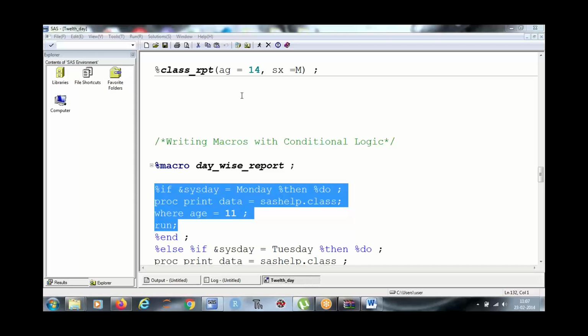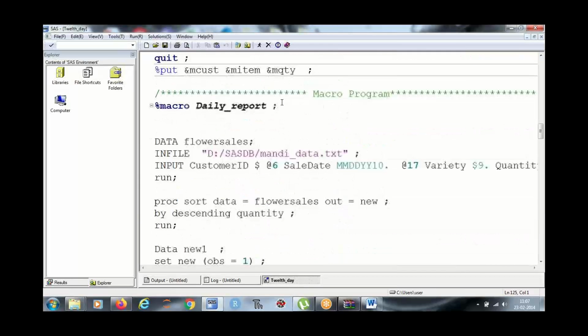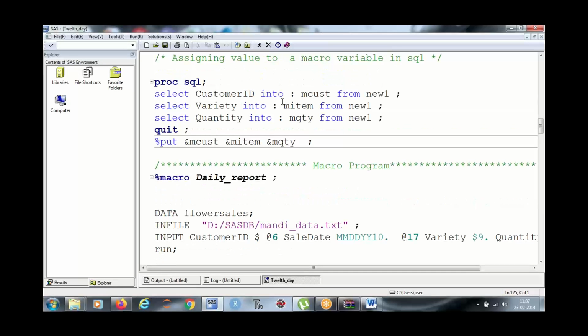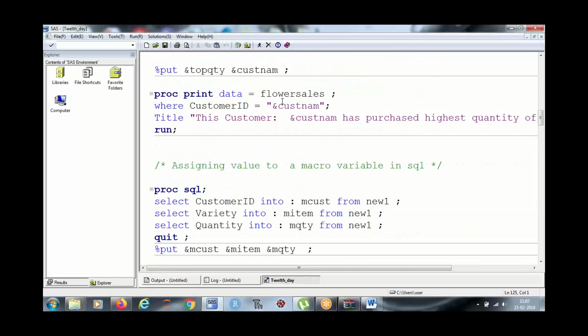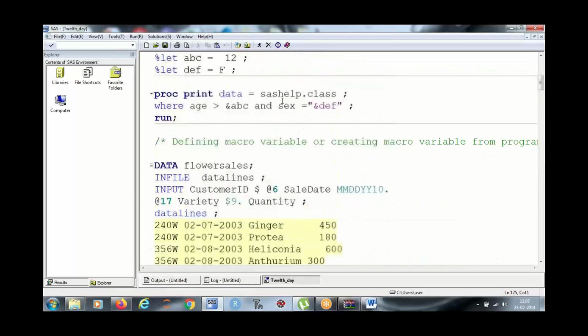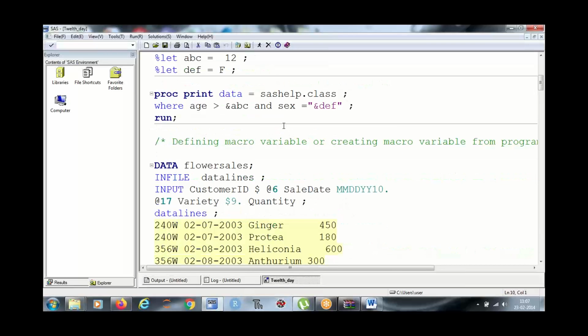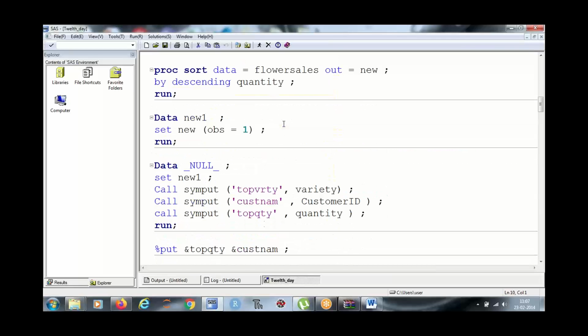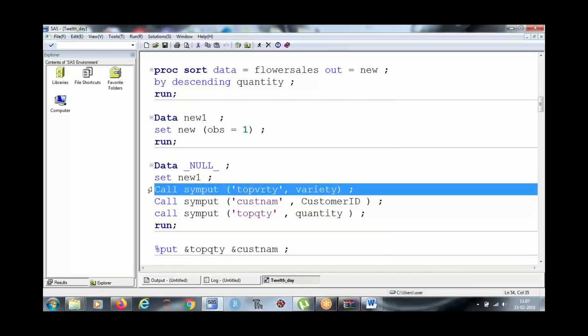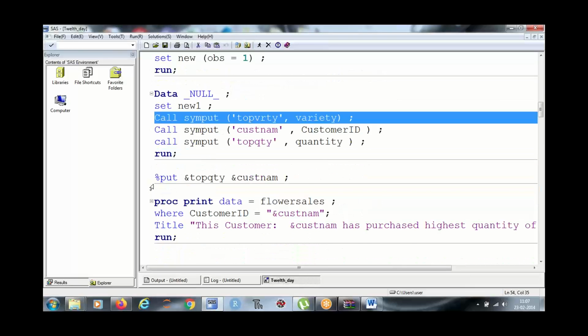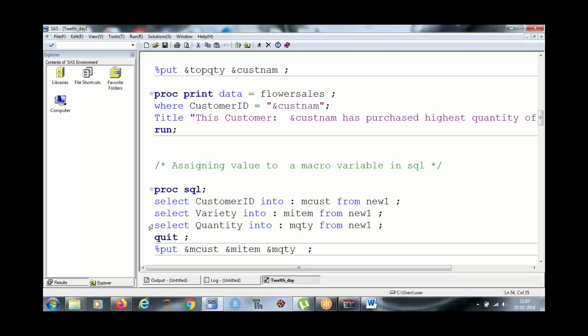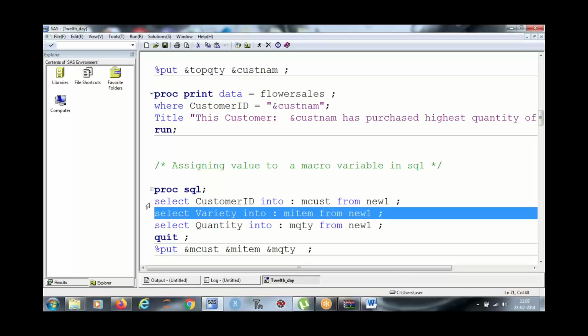Alright, so let me repeat myself. Yesterday we learned three things for creating a macro variable. The first way was the %let method. Then we covered the call symput method. Then we used the select into method to create a macro variable.